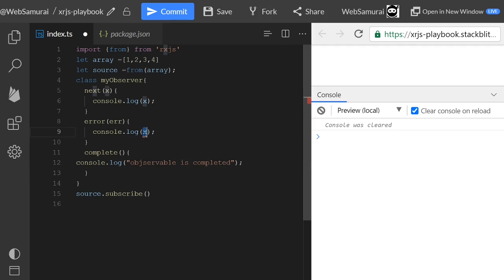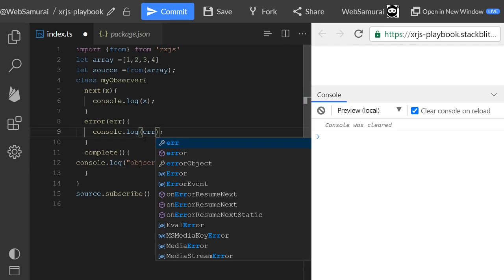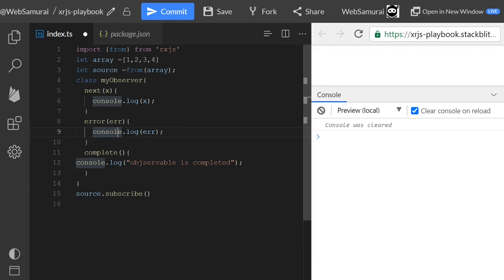Now, we have to pass an instance of this MyObserver class to the subscribe method.